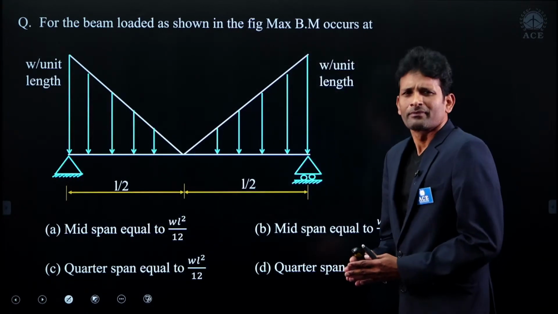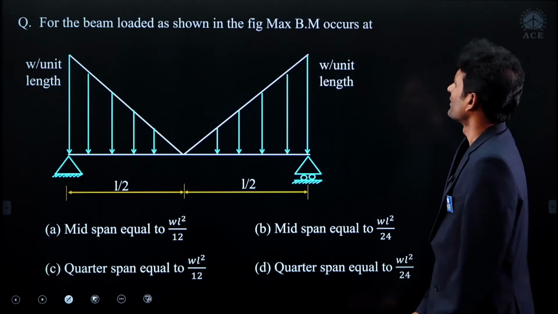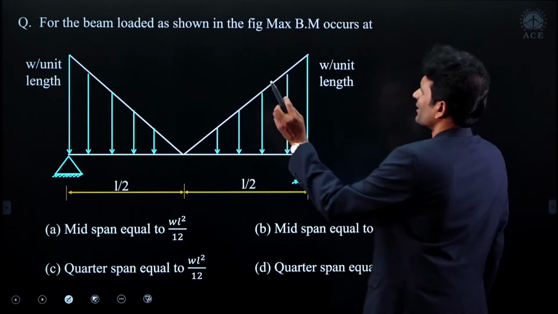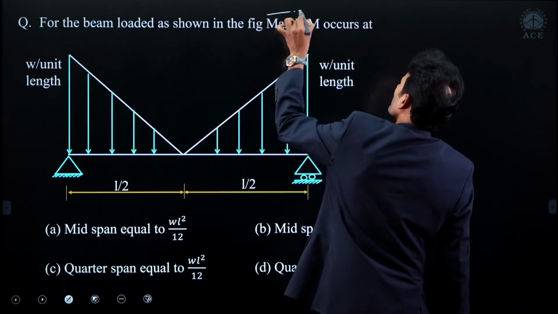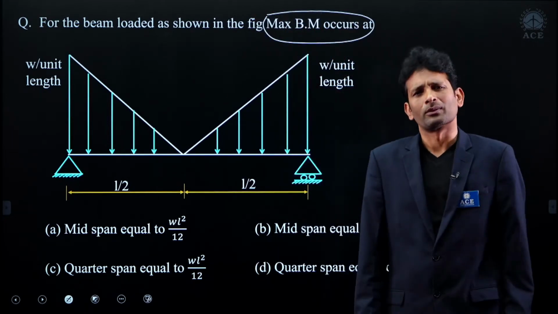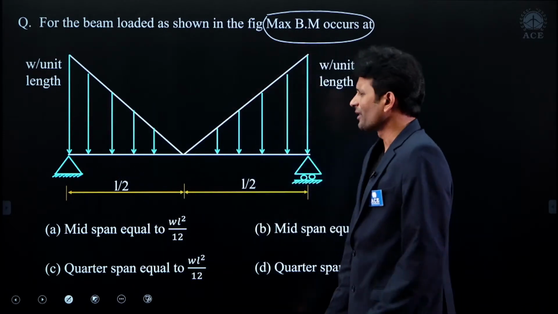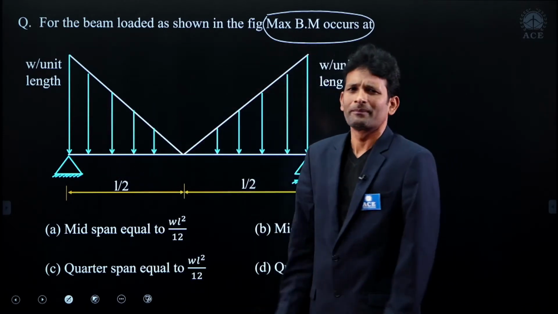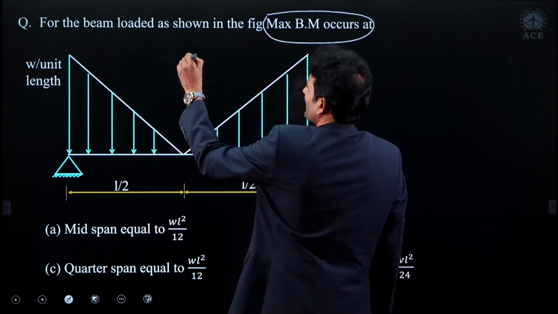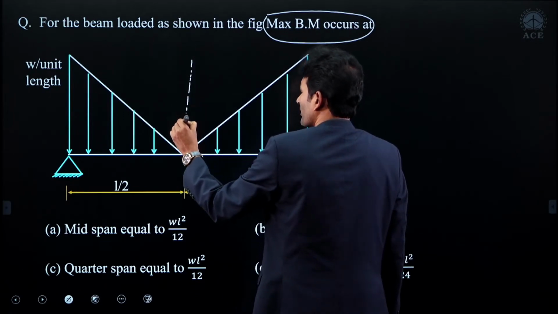See, try to solve this question. For the beam loaded as shown in the figure, the maximum bending moment occurs at. Here what we need is to find the maximum bending moment. So first of all, where is the maximum bending moment generated? Look at the nature of the beam and the load on the beam. If you observe the load on the beam, it's a symmetrical loading. In case of symmetrical loading, maximum bending moment develops at the midspan of the beam where the shear force becomes